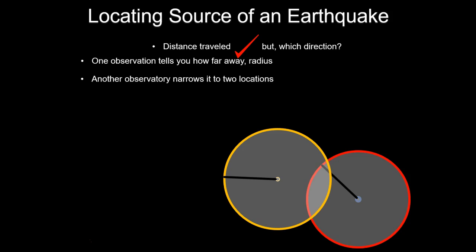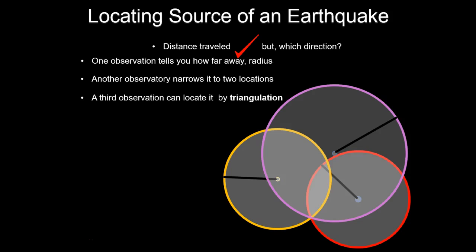And then a third observation can locate the epicenter of the earthquake by the triangulation method. So the point where all of the radii will meet is going to be the point at which the epicenter of the earthquake occurred. So using the same principle that I just explained with the example from above, if we